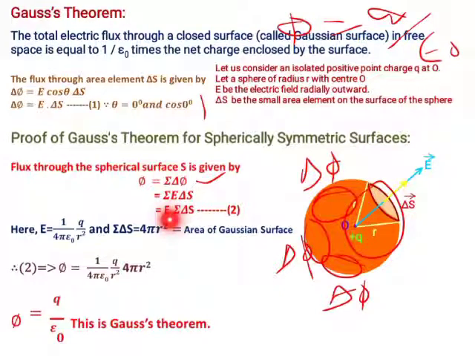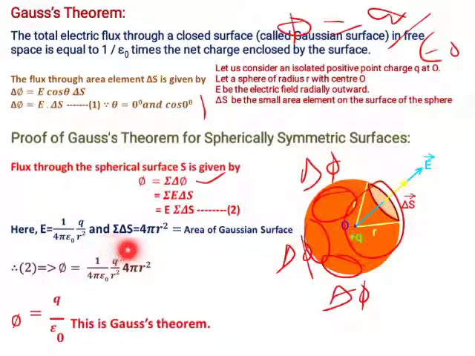E we are not changing, we are observing only this surface area. These surface areas are changing. That is the reason for the summation of delta s. We are adding all these surface areas. So you call this equation number 2. Here E is equal to 1 divided by 4 pi epsilon naught q divided by r square. This is the expression for the electric field which we discussed already in the previous videos.